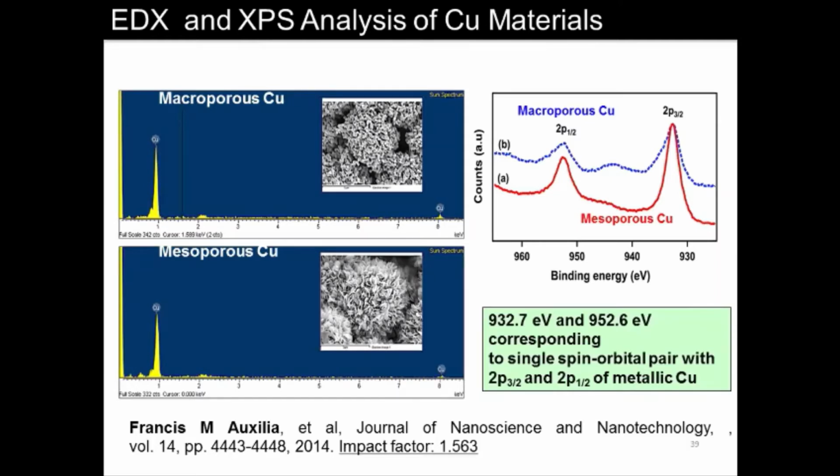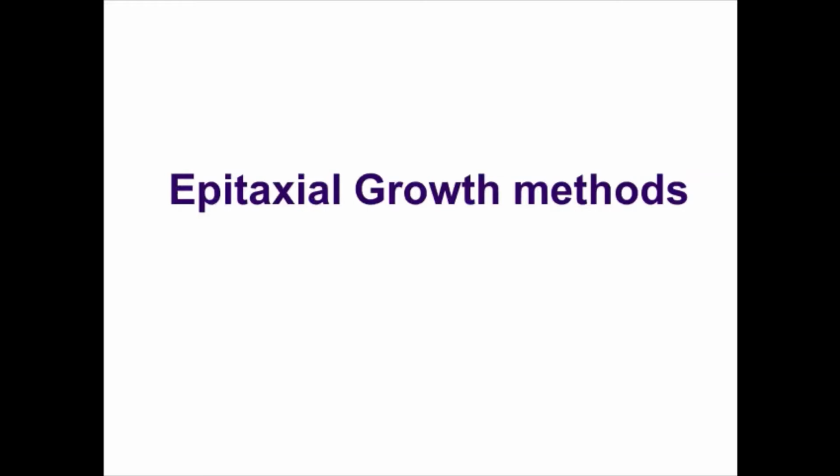Then comes the redox analysis for the macroporous as well as mesoporous copper. Then the XPS analysis to see the status of copper. The 932 electron volt peak and 952.6 electron volt peak correspond to the single spin orbital pair with 2p3/2 and 2p1/2 nature of metallic copper, and this shows that the reaction you have taken is optimum. Then comes our important topic,